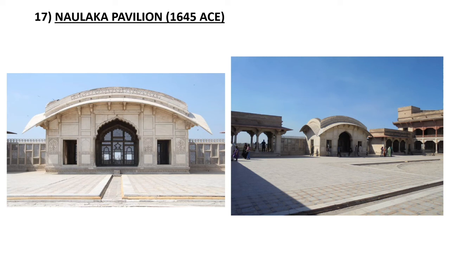The curvilinear chajja, a Bengali chajja, is supported by means of serpentine shaped brackets. You can see the Pietra Dura work provided to the parapet, which is very much identical to the Diwan-e-Khas and Moti Masjid, and this Naulakha Pavilion was constructed